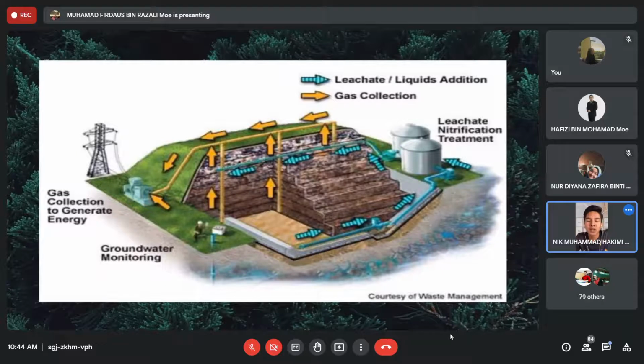So the deposited solid waste will produce methane gas, right? The methane gas will flow into the yellow pipe and go directly to the gas recovery center. Yes, we can use methane gas, but before we use it, we have to treat it first. We have to treat it first because we want to remove the offensive water and also offensive particulate in the methane gas. Once we have recovered the methane gas, we can use it to generate new energy, which is electric energy or anything. Is it clear about this LFG process?